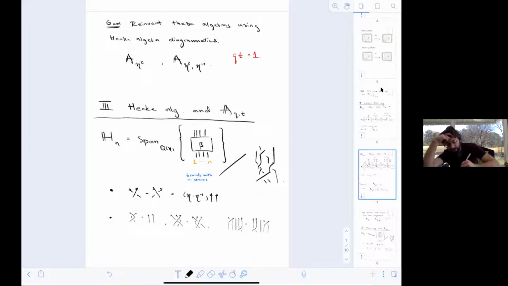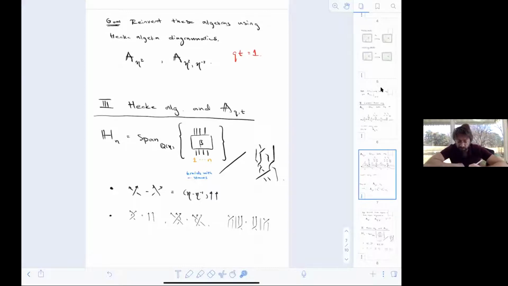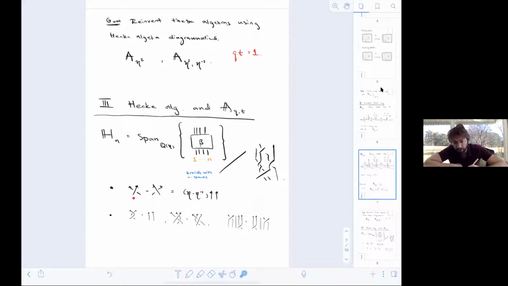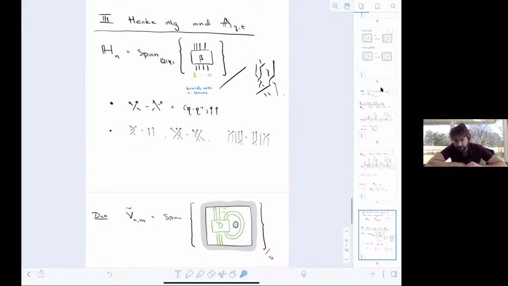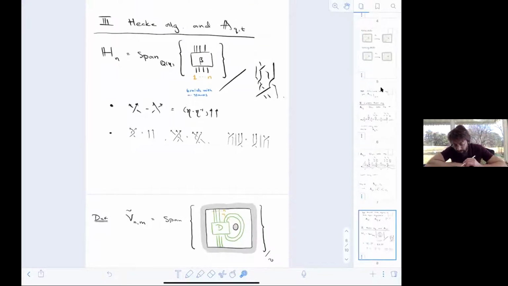Modulo the braid relations, which are the usual isotopy relations for braids, and one more relation, this quadratic relation, which I'll write here in the following way. You can exchange a positive crossing with a negative crossing at the expense of this smoothing. Okay, and we make all of the same definitions as we had before. I'm not even going to bother inventing different notation for them. So we consider all such braid diagrams